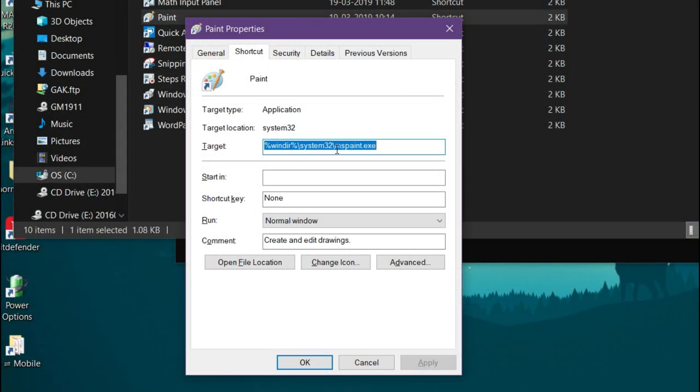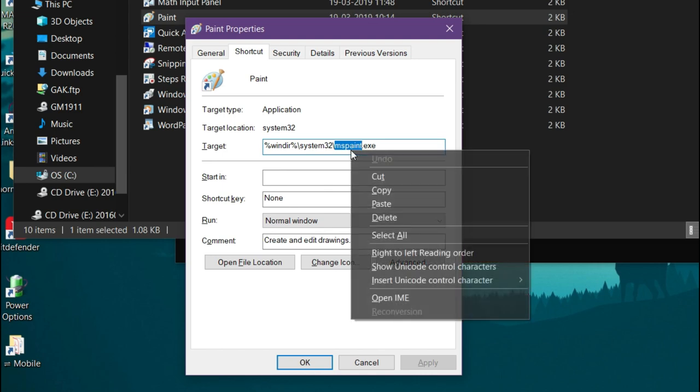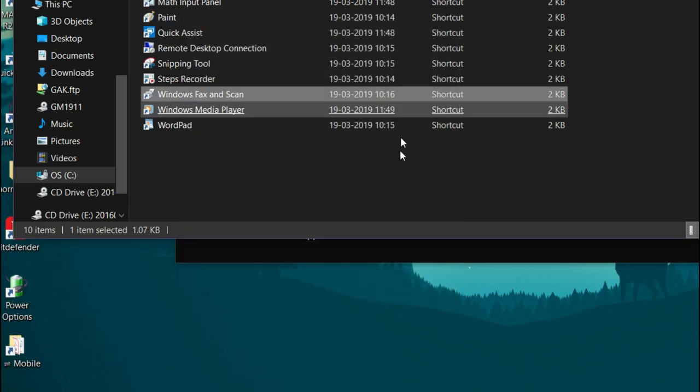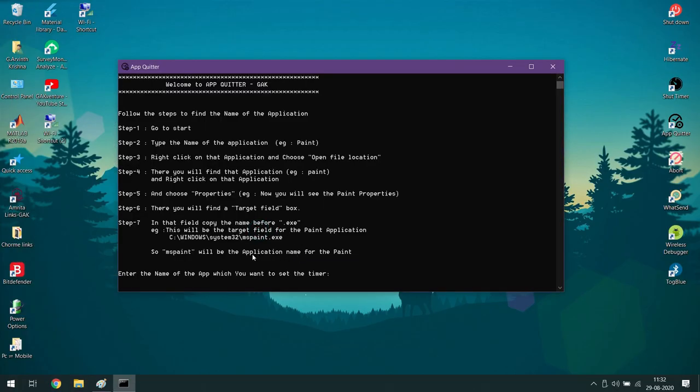Now in this dialog box, in the Target field, you have to copy the name before .exe. For example here, MS Paint. This is the application name for Paint.